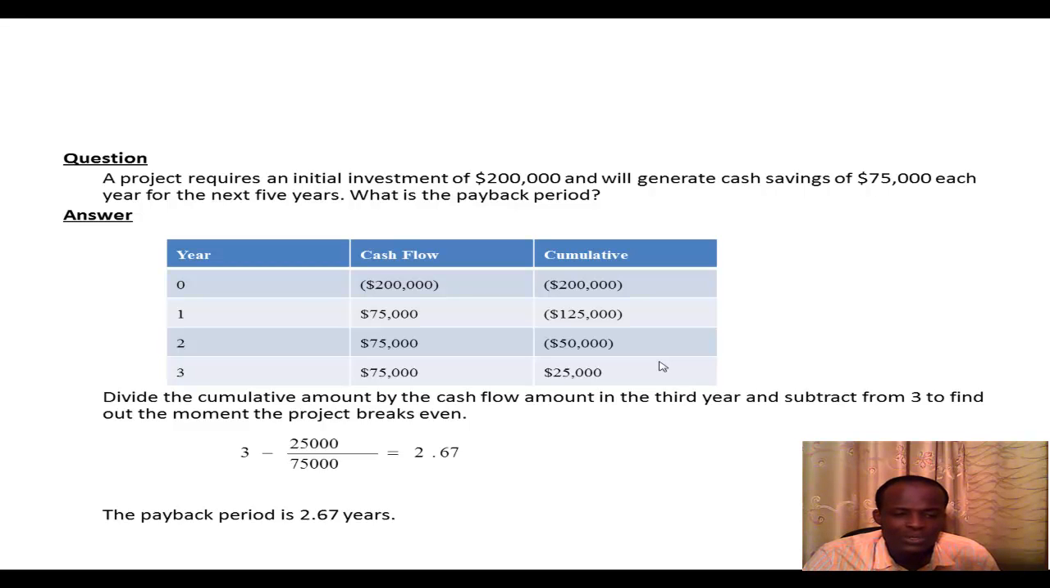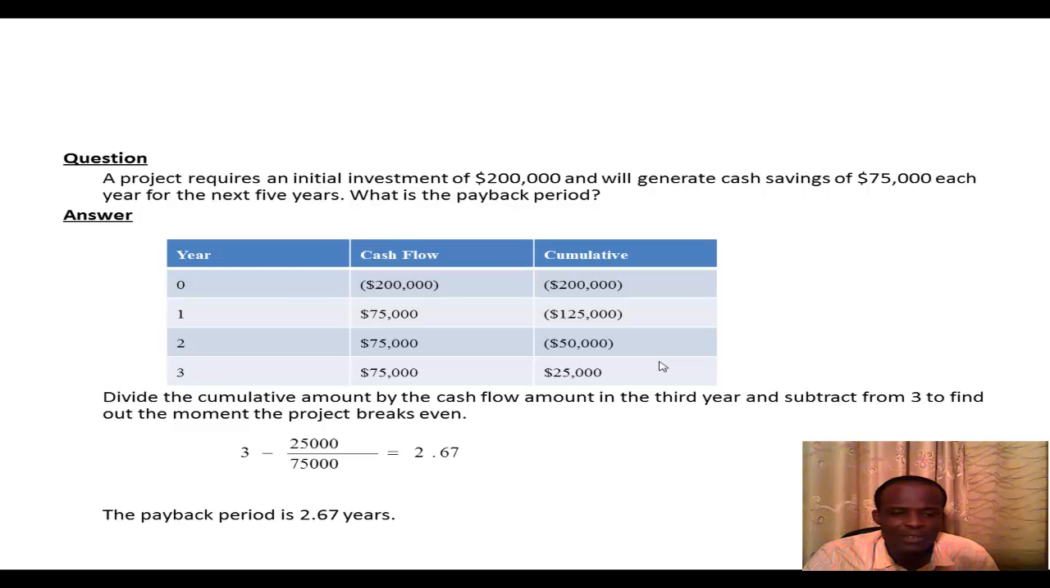Year two, 75,000. Year three, 75,000. Up to year 5, 75,000. But you realize in the cumulative column that by the end of year one, our standard amount to be paid is 125,000 because we generated 75,000, which offsets some parts of the 200,000 initial investment. By the end of year two,